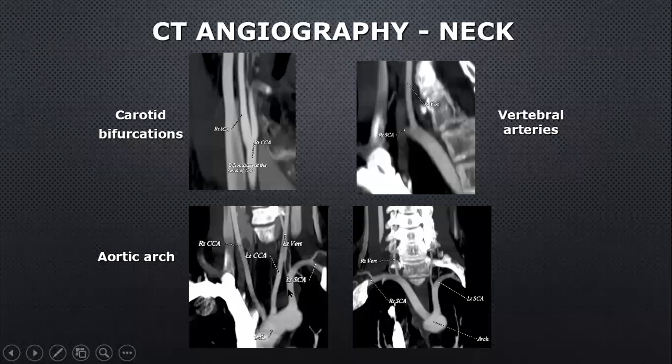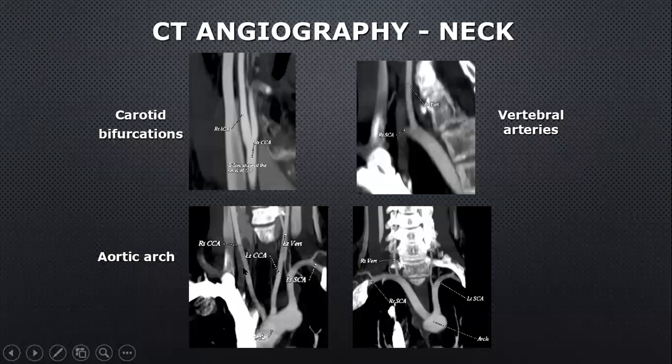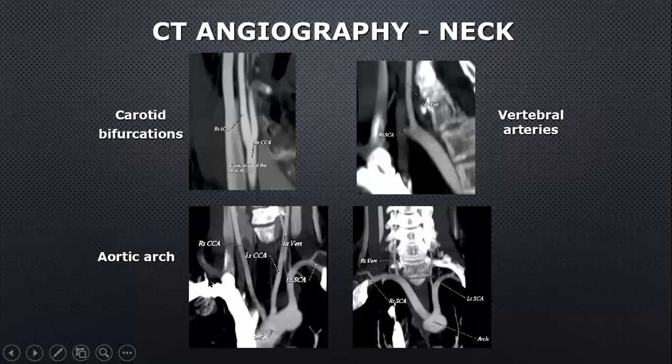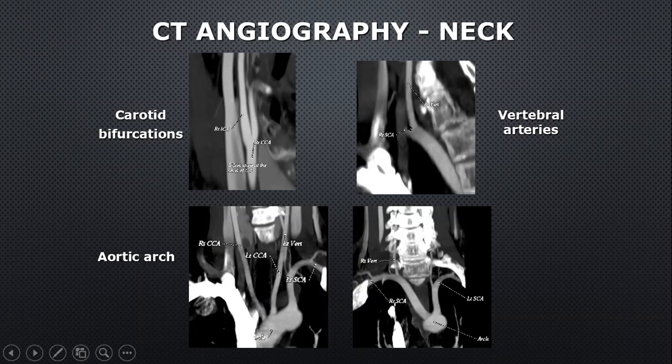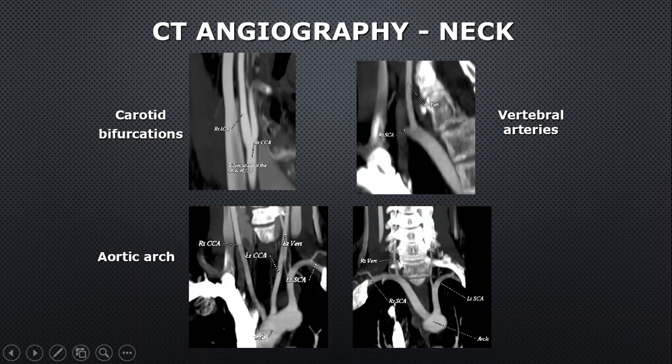So for example, here this is a subclavian artery, this is the left common carotid, and here we have the brachiocephalic trunk over here with the right common carotid. Normally we would see the right subclavian here, but because of the contrast administration, we don't really see the details of the right subclavian artery. And of course, you can reconstruct them in various planes to show the bifurcation, to show the origin of the various arteries, and so on and so forth.